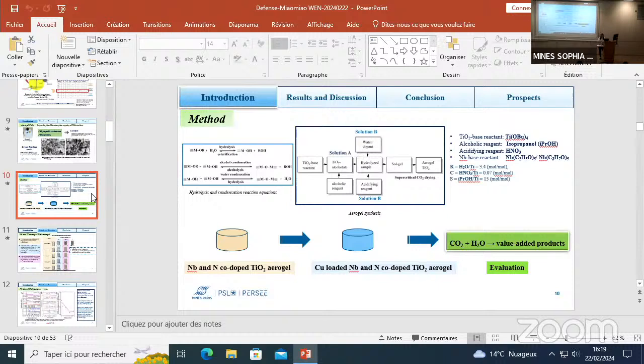And after calcination under ammonia, it's still gray. Compared to air, it's still yellowish, but grayer, with more gray parts. And as Valérie already told you, maybe it could be due to residual carbonic groups,